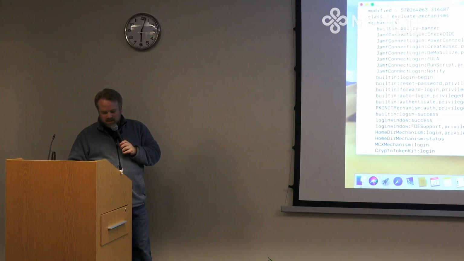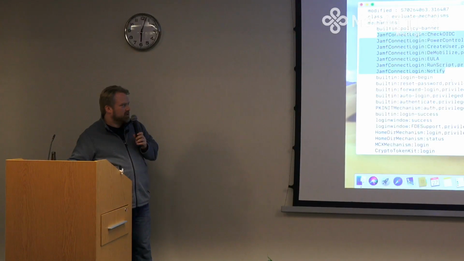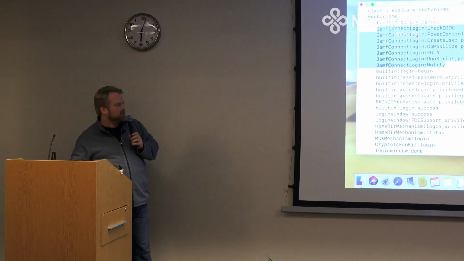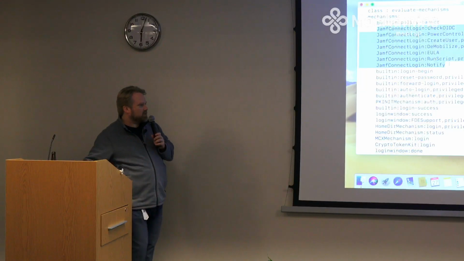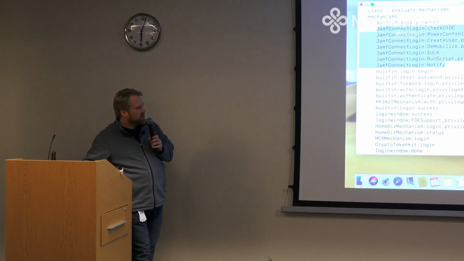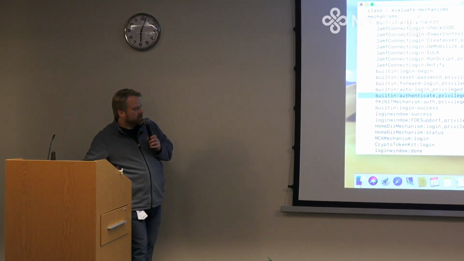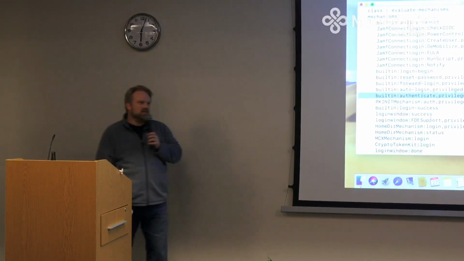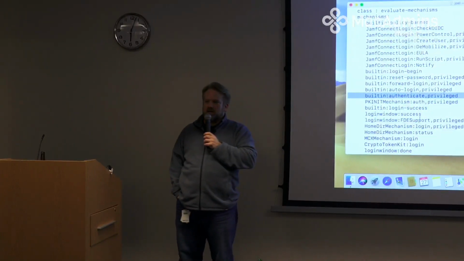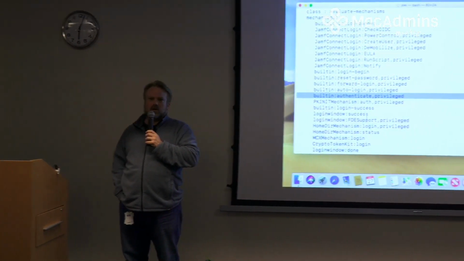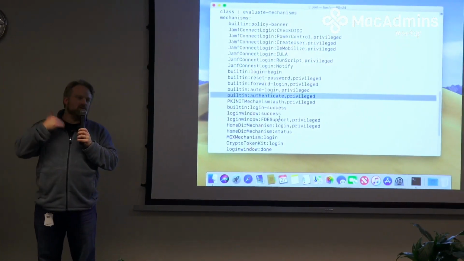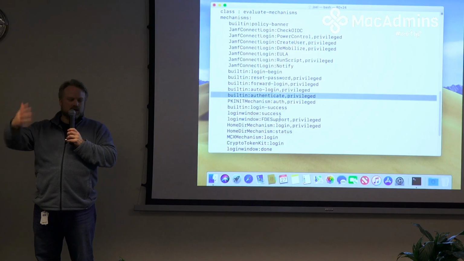Once we get done, this is all of our UI and kind of all of the setup to see: is this user valid in our eyes? We then put the username and password into a hints structure that gets forwarded on down here to built-in authenticate privileged. This is the actual mechanism, an Apple mechanism that actually authenticates you to the Mac and begins the process of logging you in. Everything that we do before that is all just kind of local,